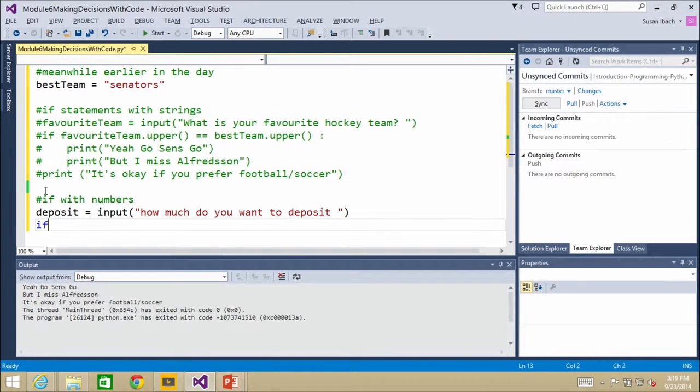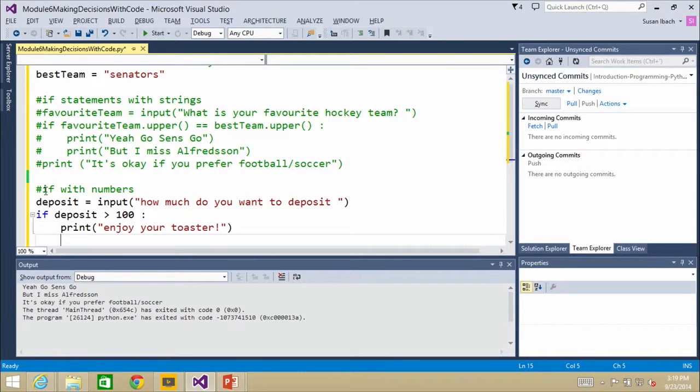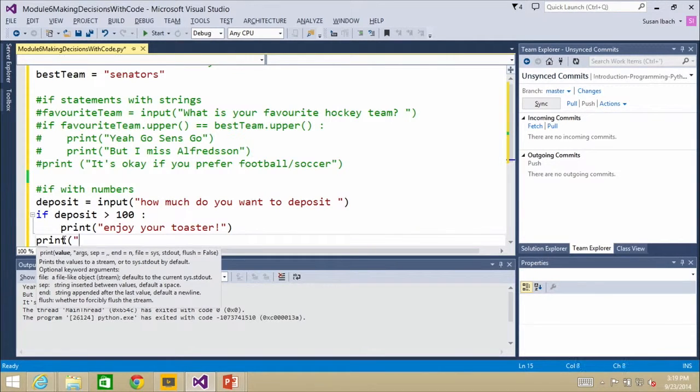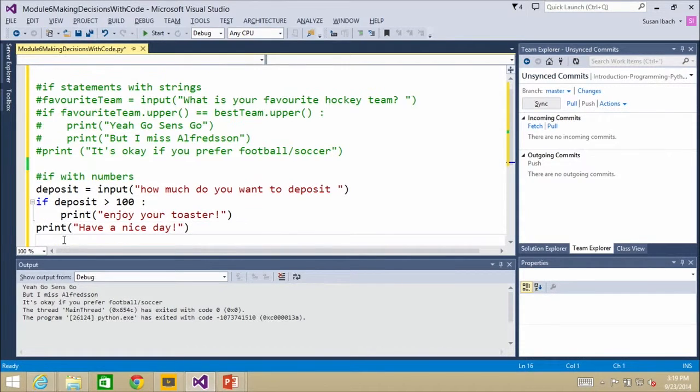And then I'm going to say if deposit is greater than 100, then we are going to print "Enjoy your toaster." Woohoo! And otherwise, we're always going to print "Have a nice day," because regardless of how much money they deposit, we're always going to wish them a happy day.